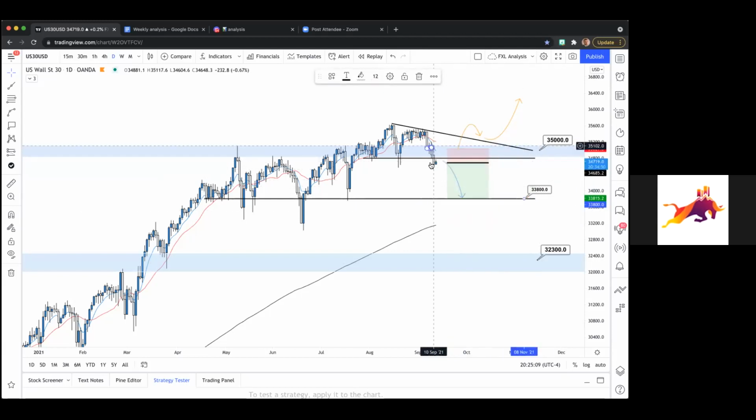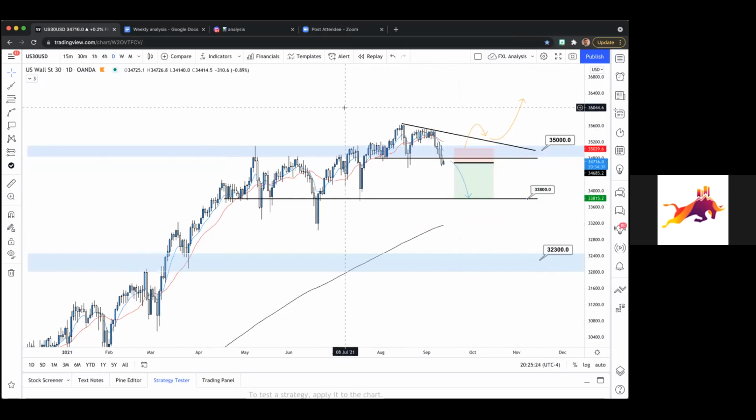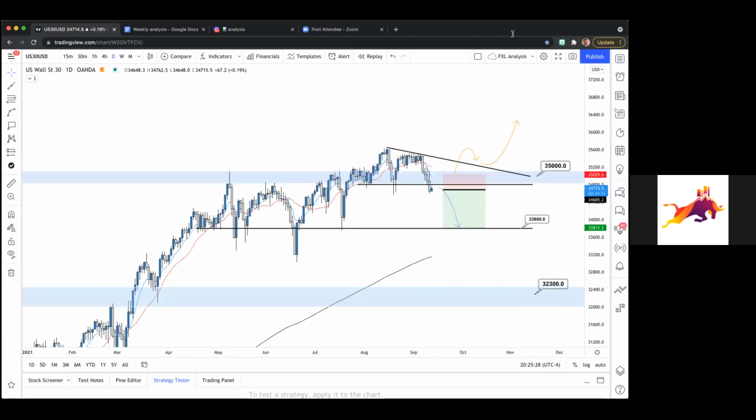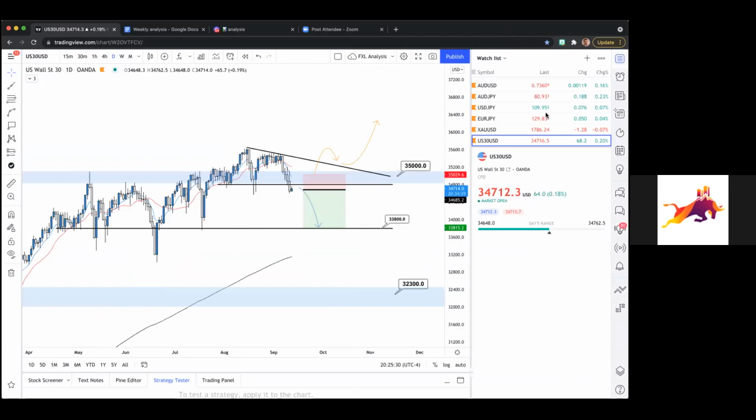All right, and for us to consider long scenarios, we need a higher low above 35,000, and then ideally outside this pattern. It's a couple of confirmations. It's reasonable, it's conservative, and this would be really nice to see. So potential huge movements here on US 30, guys. Interesting week. There are some pretty good setups in there, but that's pretty much all I got for you guys.